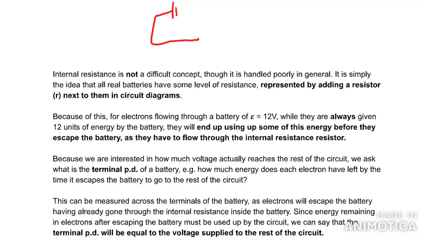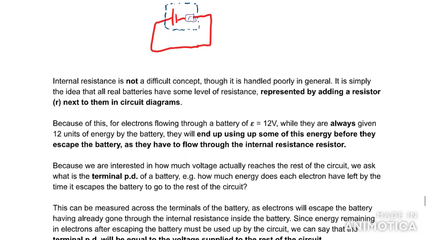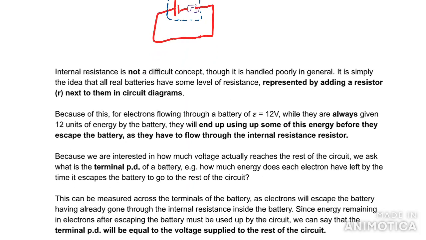And the answer is no, because all batteries are not 100% perfect. They actually have a small resistance themselves, which we usually give the little letter R. And so no circuit you create will you be able to get zero resistance in total. And that shouldn't be surprising because zero resistance leads to the idea of infinite currents, which just is a bit